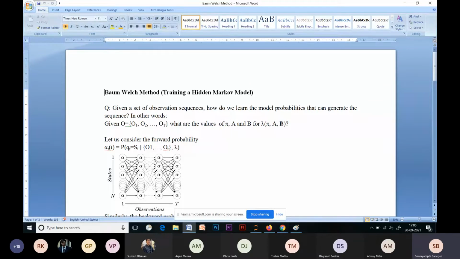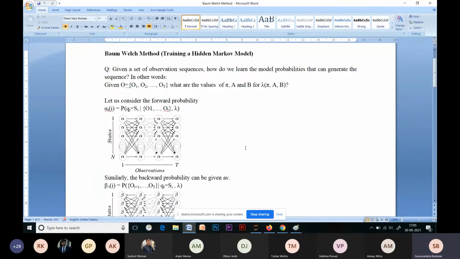To train the Markov model based on the observed sequence, we would be using the Baum-Welch method, which is an iterative expectation and maximization method. As in several learning procedures, we start with an initial estimate of the parameters of lambda, being the HMM, that is, an initial estimate of pi, A and B, and then we iteratively update these parameters until the convergence criteria is satisfied or we have exhausted the pre-designated number of iterations. These are the mathematical expressions related to the algorithm.